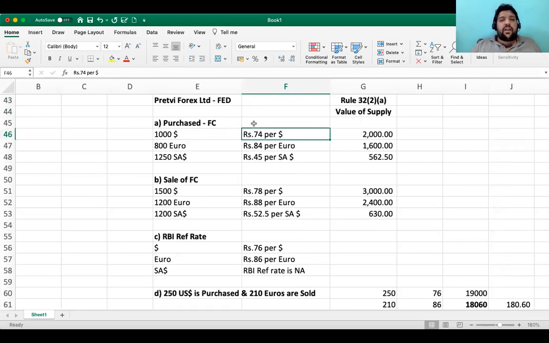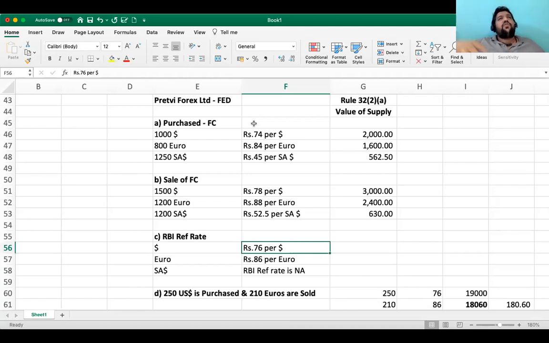Come on, here you have to understand one aspect. RBI reference rate is there, but you will not go and buy from RBI, Karthik. There is a problem here. RBI says my minimum transaction value is $5 lakh. So if you have a $5 lakh volume, you can go to RBI. If you're going to have only $50, $500, $50,000, you will not go to RBI. You have to go to any foreign exchange dealer or a bank to buy this. So there is no question of it here.